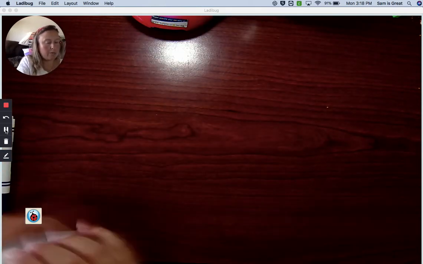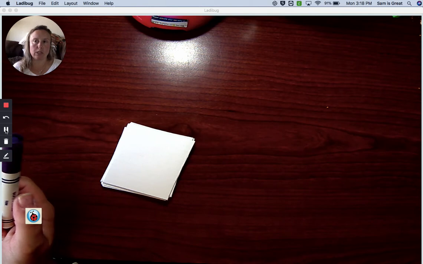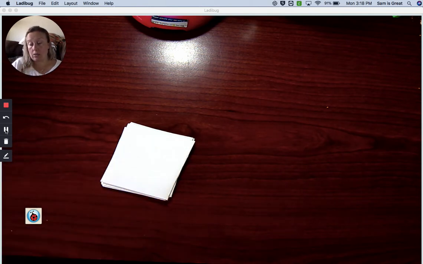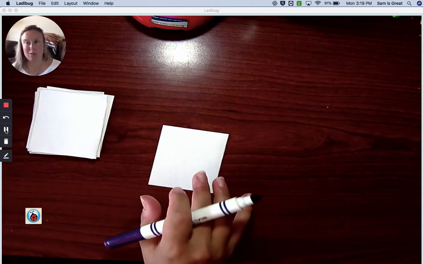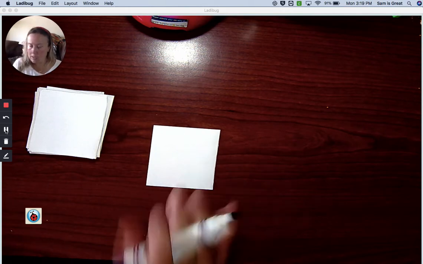And then I am going to use a marker so that it's easier to see. I would suggest that you use your pencil. If you want to trace over with a marker after you're done with your pencil, that would be just fine. But for right now, use that pencil. All right, so first letter,